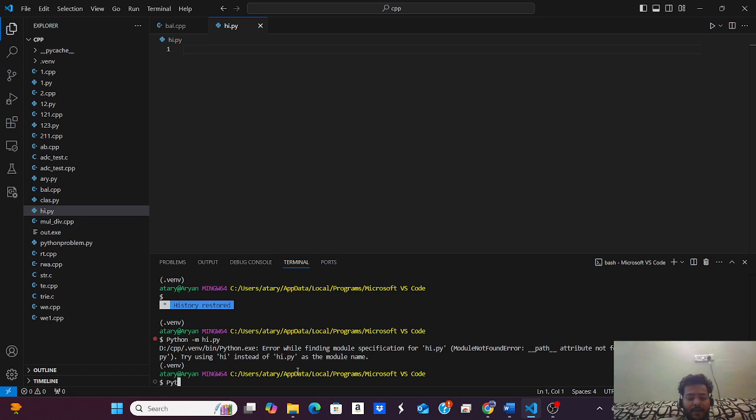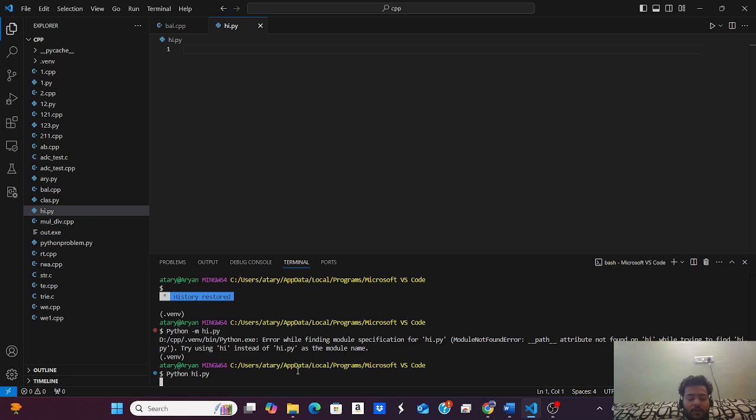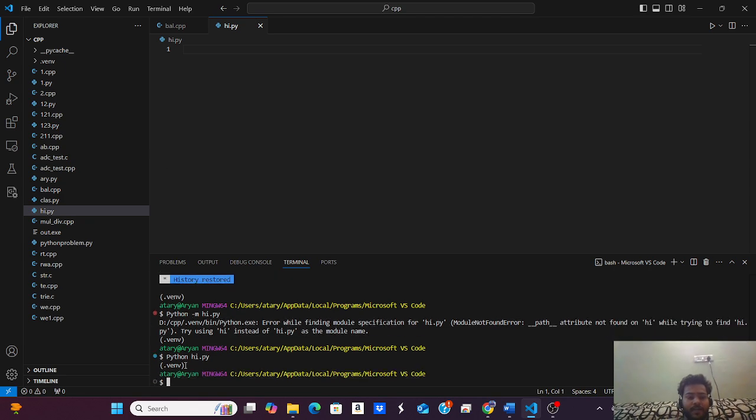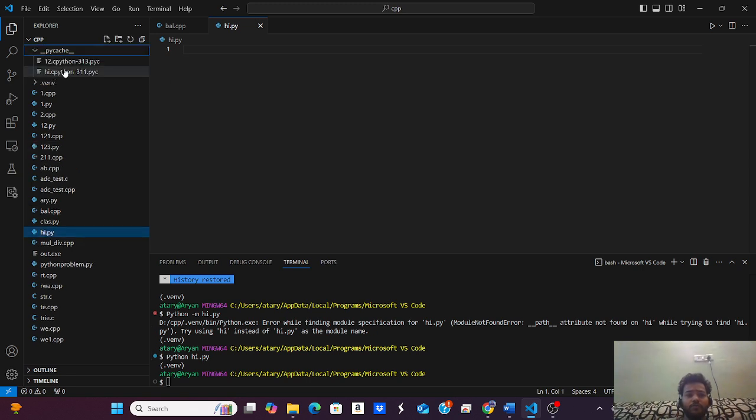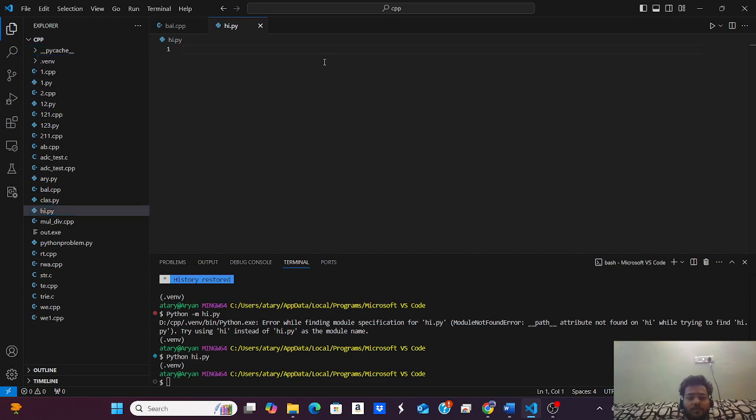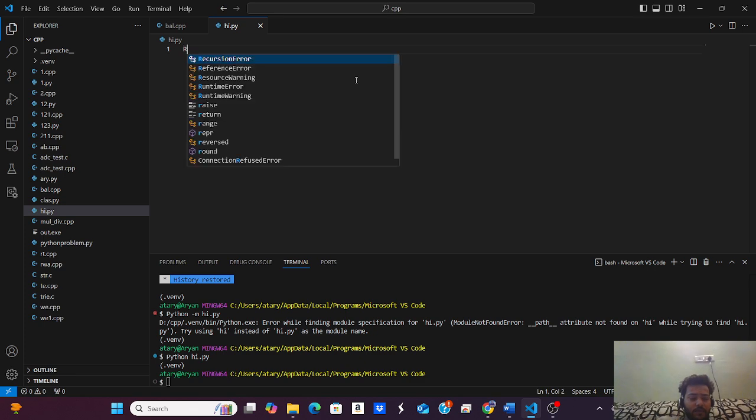You will write like this: python hey.py, okay. If you write like this, nothing will be created here, or you will not be able to see it, because this is going on in the background. So that is the case. Now we have come to the answer that Python is not purely an interpreted language. The things are hidden inside the background. Okay, now let us talk about something called